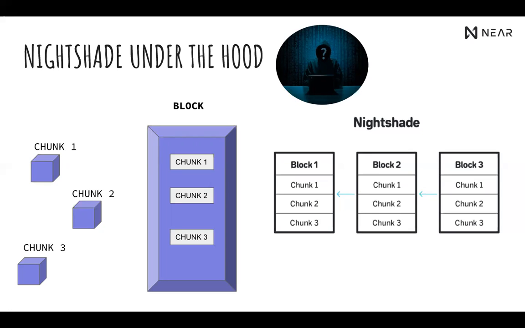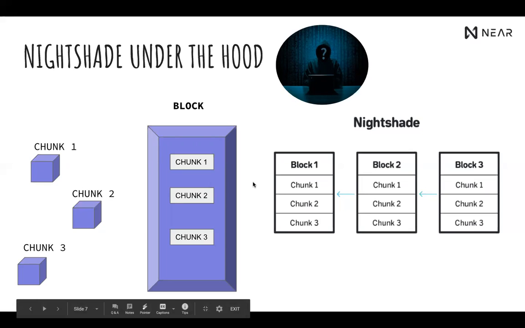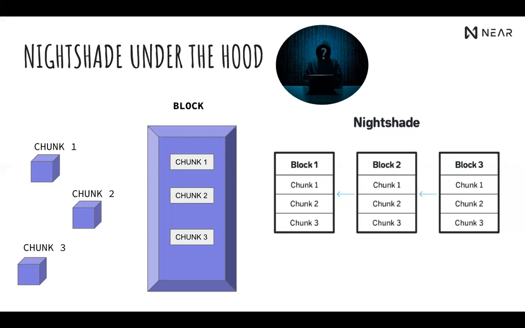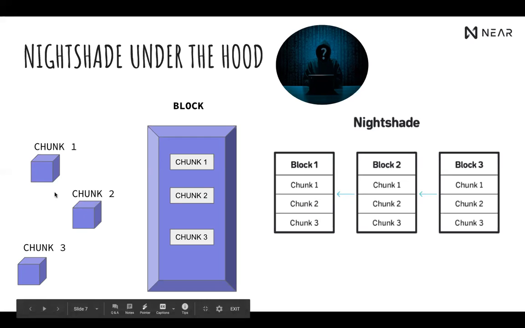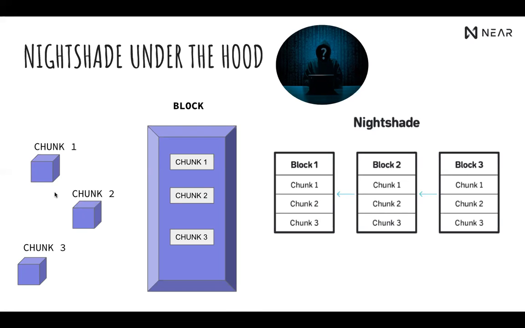Another important thing that I want to talk about here is the consensus that is used by Nightshade. Nightshade uses the heaviest chain consensus. What happens in Nightshade is that when a block producer produces a block, they can collect signatures from other block producers and validators attesting to the previous block. Why is this important? Because we are using sharding over here. Whenever a block producer needs to produce a block, they need to ensure that there are attesters